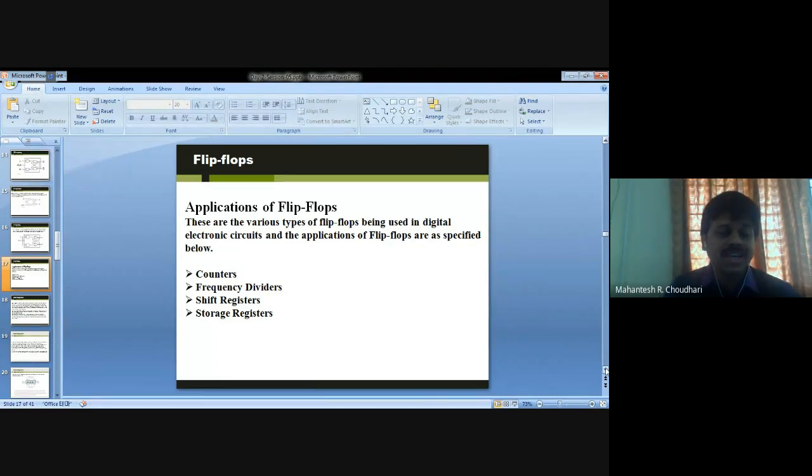Both inputs J and K are connected, so it has only one input along with the clock. When both are high, the output will be 0 and 1, and 1 1, and accordingly there is variation in the circuit.